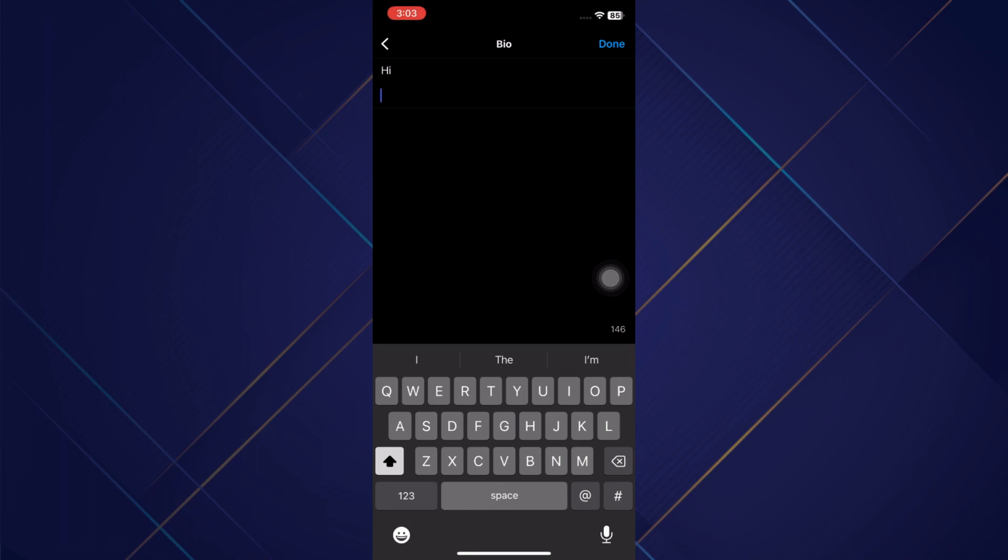All you need to do is click on it and say new line. You can then switch it off, and as you can see, it moves the cursor down one. So that's basically how you can add multiple lines in your